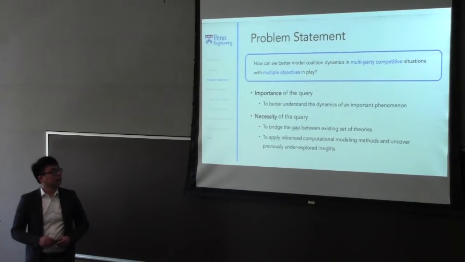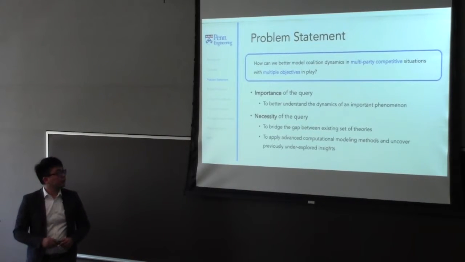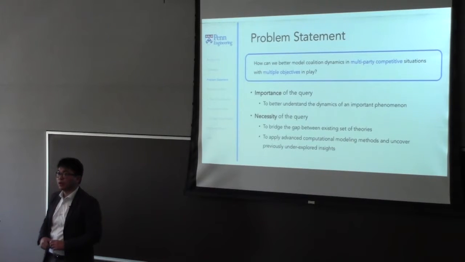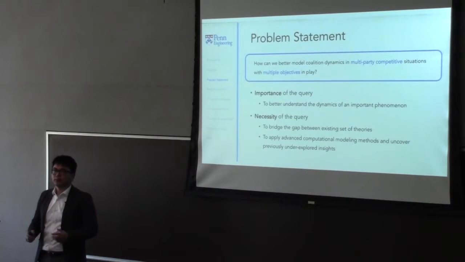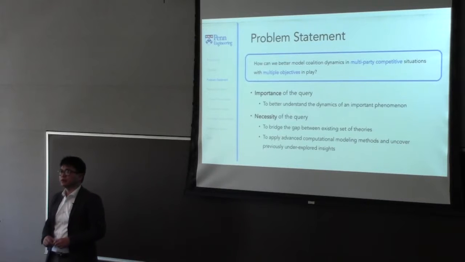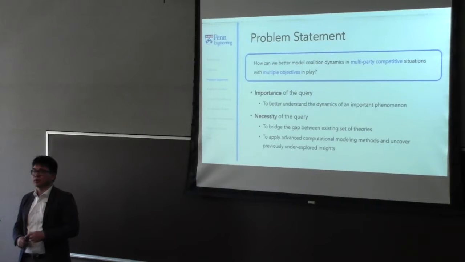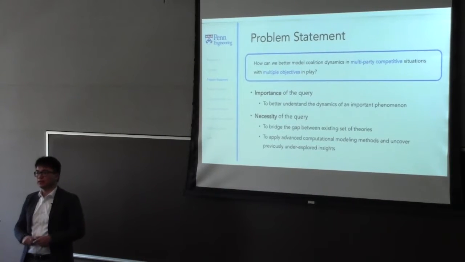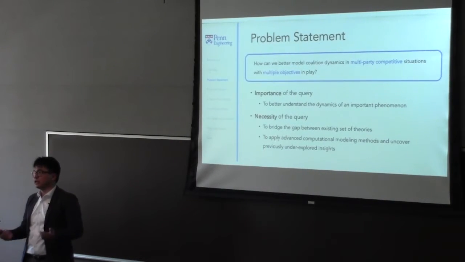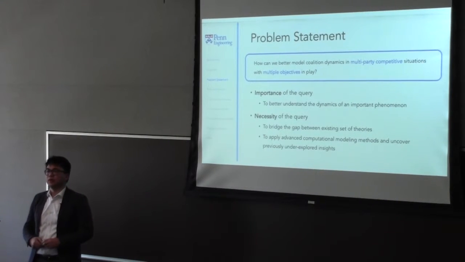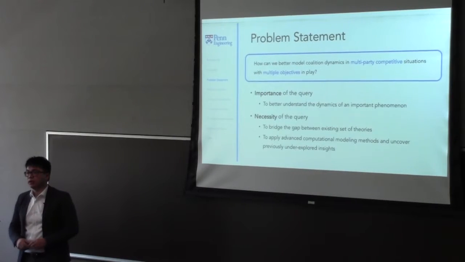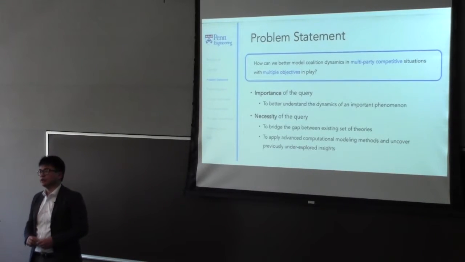The second is to apply advanced computational modeling methods to uncover the previously underexplored insights. The coalition theories developed and pretty much started almost a century ago if you count international relations and war theories. But if you think about coalition itself, theories probably started in the 60s and 70s. The computational modeling capacity, so the computing capacity, didn't start until about 2 decades ago for such kind of models, and not to mention agent-based models itself. So now is the time probably to look at those theories and say, what can we do if we apply a higher and greater computational capacity to it?